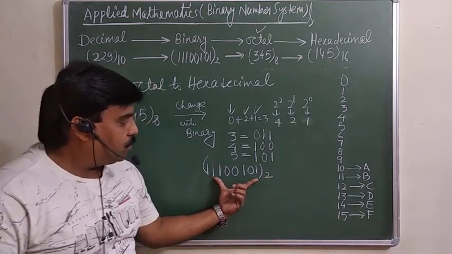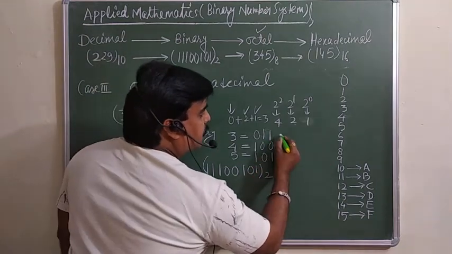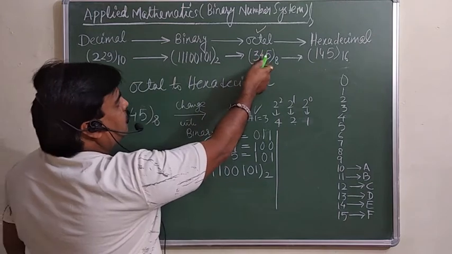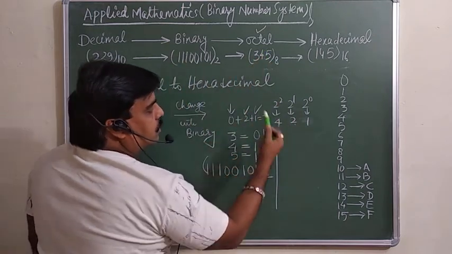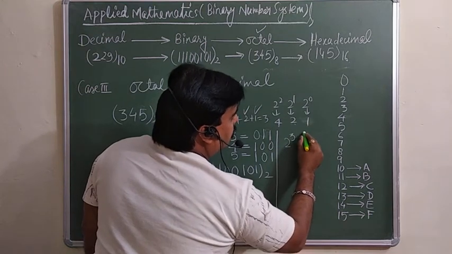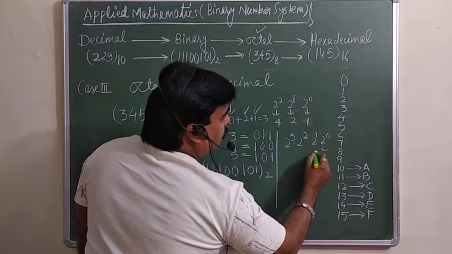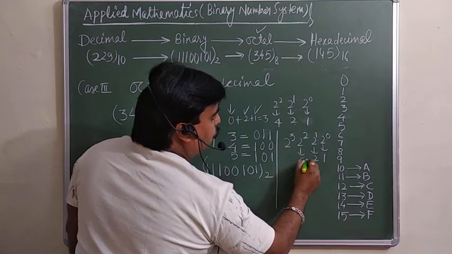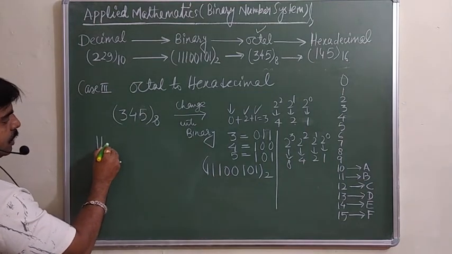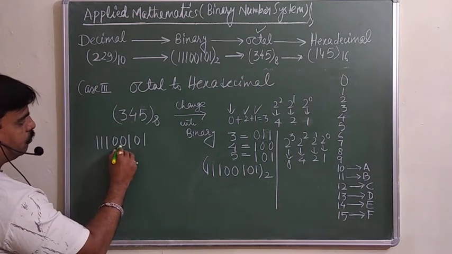Now you can change this binary into hexadecimal. For hexadecimal, we already discussed it. What do we do for hexadecimal? If you want to change the binary into octal, you have to take 3 terms; we used to make groups of 3. But here we will make groups of 4. See here, we will take 1, this is your 2, this is your 4, and this is your 8. Now here we will make the groups; the numbers are 1, 1, 1, 0, 0, 1, 0, 1. You are supposed to make groups of this.